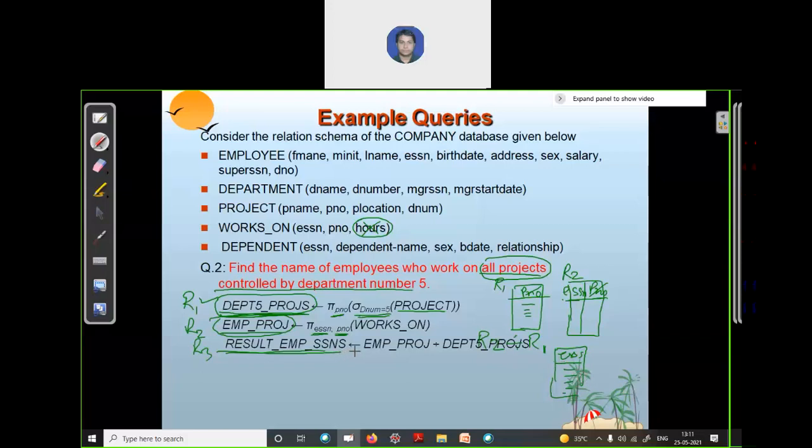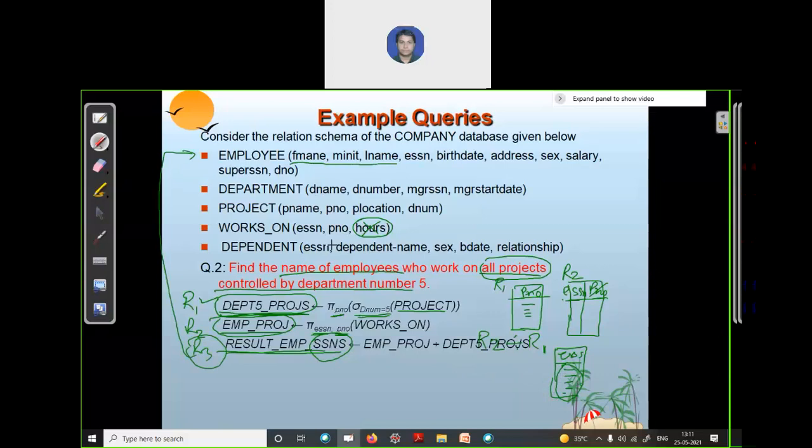But actually, we want the name of the employee, and we have the SSN of the employee. How can we find the name? You just combine this relation R3 with the employee relation, because there are attributes first name, last name, middle name or initial.